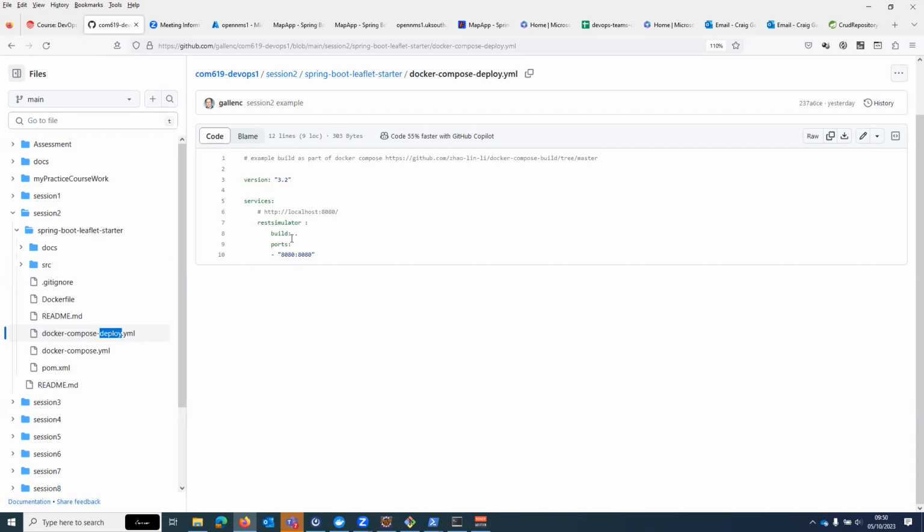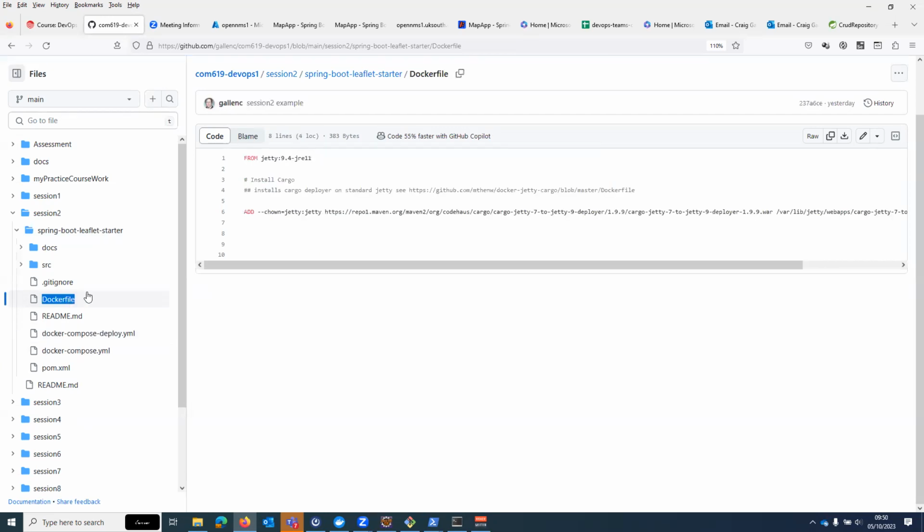What that build and dot is doing is saying, I want to build this Dockerfile. And the Dockerfile is starting from the image we were working with before, which was Jetty, but it's extending that image by going and downloading this Cargo Jetty deployer file and installing it into the application at a known place. So what I'm doing here is creating a new image, which Docker is going to run, that's going to include this file that has this deployer in it. All right. Now, if I show you that running,